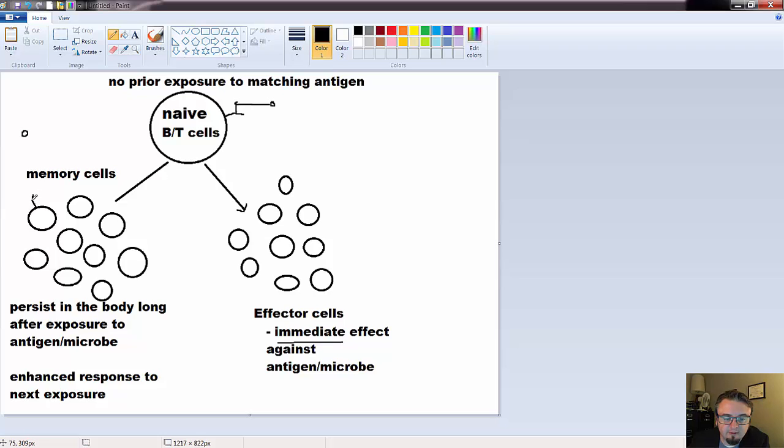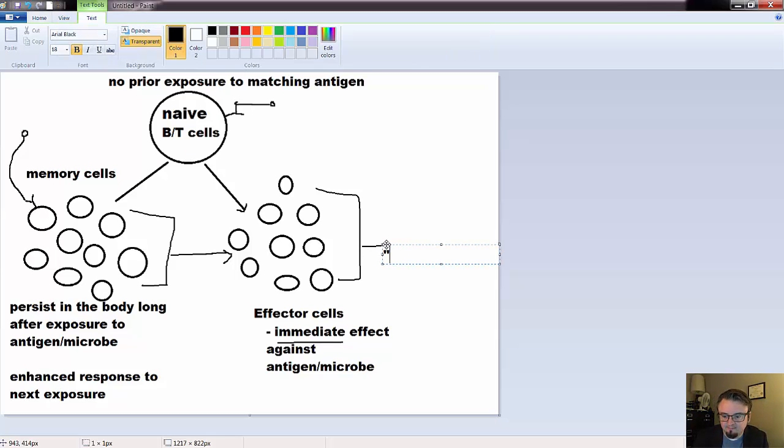These cells will also have receptors, same receptor here. So when the antigen binds to it, what will actually happen is these cells will transition back into effector cells, and they will go after the antigen and attack it. So memory cells will basically jump right back into the effector cells if you're exposed again, and then you'll create more memory cells, and that process will repeat. So you start with naive cells, they differentiate into memory and effector cells. Effector cells go on to, quote unquote, kill or eliminate,